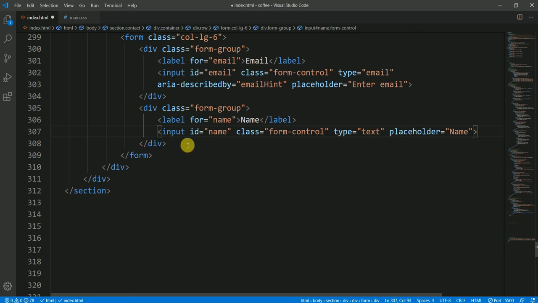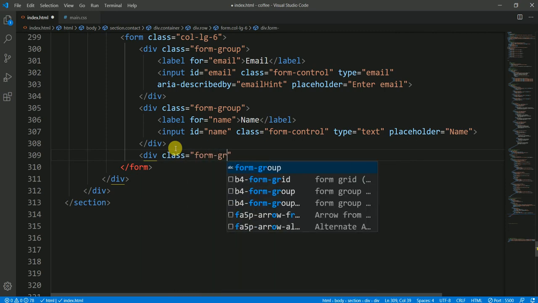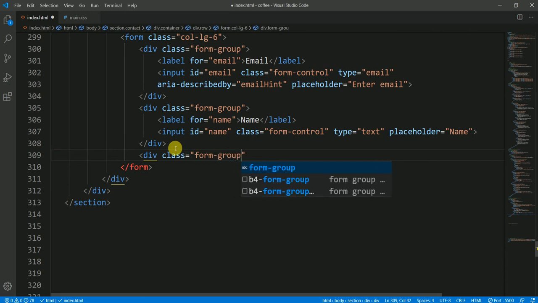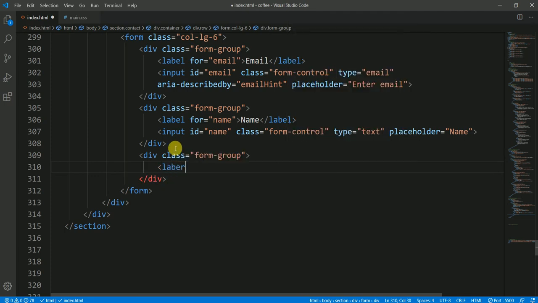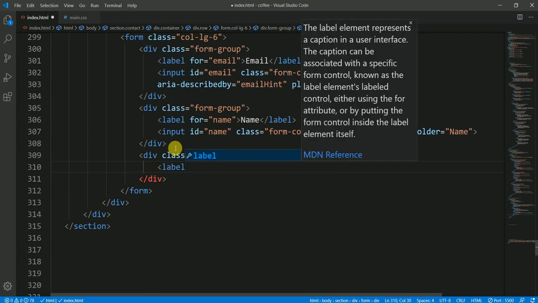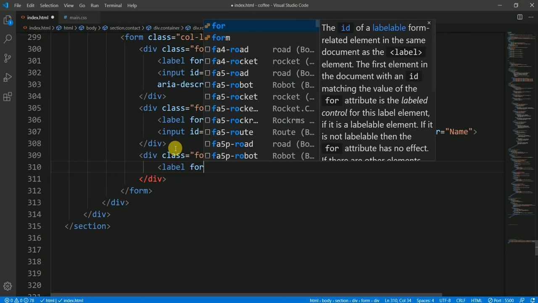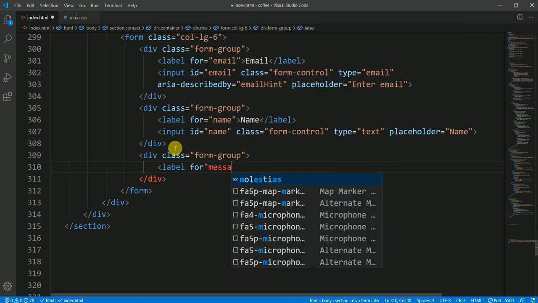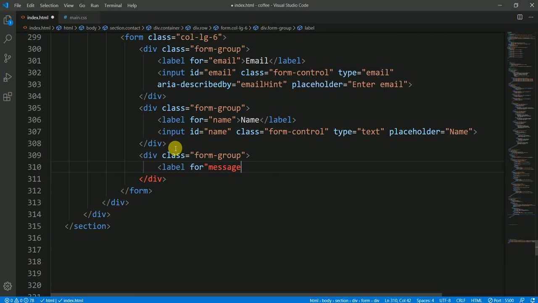and now I'm going to have another division, div, and I'm having a class of form group, and then label for message. I mistook somewhere, and yes, I mistook here. Okay, label for message,